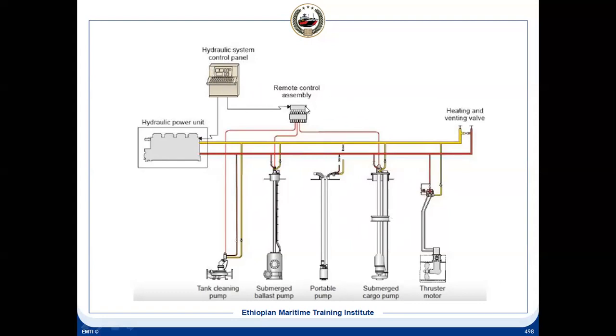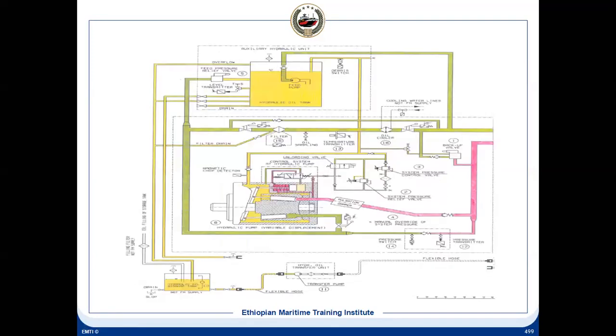And this remote control valve assembly is made up of the control valves, and the signal coming is an electrical signal. The power pack should be able to start and stop from here. So this is the electrical connection, and the sensors and alarms also have to come here. Usually it is a PLC control, so that precise control can be made and the RPM can be controlled very precisely. So this is the system.